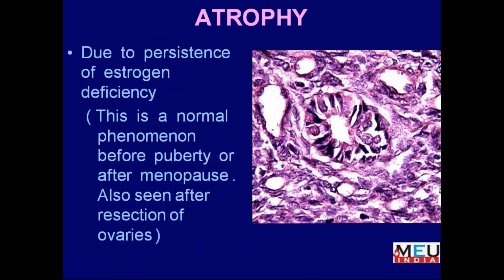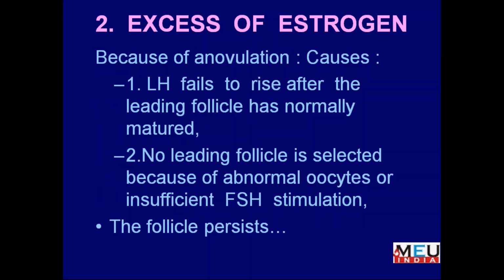When there is a persistent estrogenic deficiency, we have to correlate it with the phase of life, which is possible if there is puberty or menopause, then there is a deficiency of estrogen naturally. Otherwise, if the ovaries have been removed, there we can see the persistent estrogenic atrophy or deficiency. Now, supposing there is excess of estrogen,